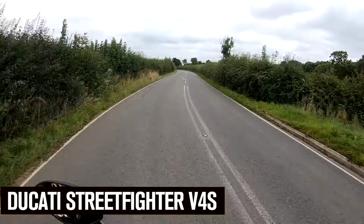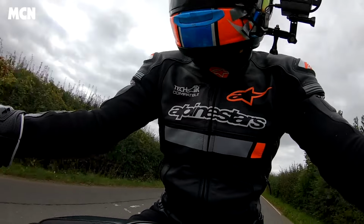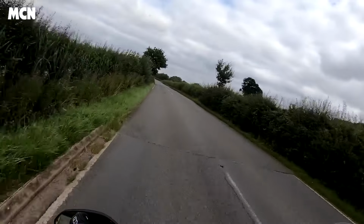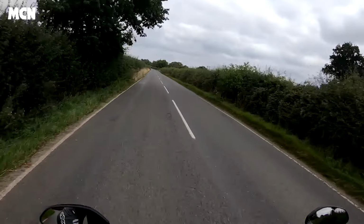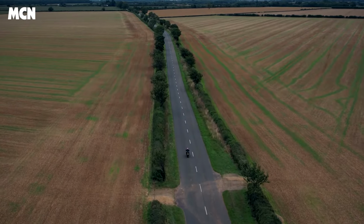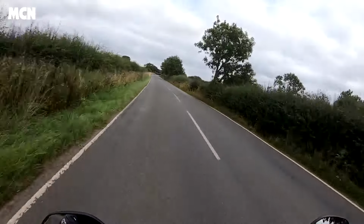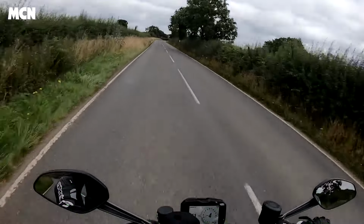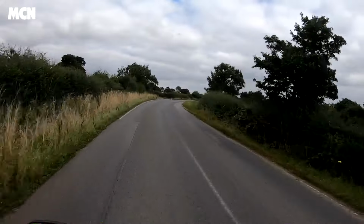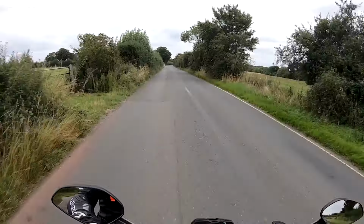Well, what's not to like about the Ducati? Not much. It's proper good. This is the bike everyone wanted. This is the proper naked Panigale, full fat. It shares a lot of similarities with the Aprilia. Obviously it's a V4, but this V4 is derived from a MotoGP engine, the 2014 Desmosedici. Makes the most power here, 205 bhp. Flipping fast,